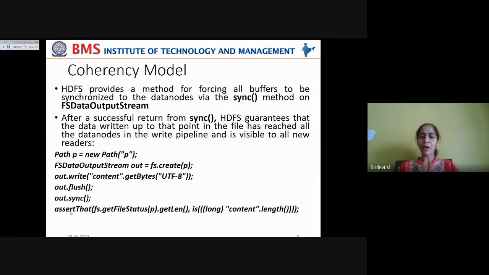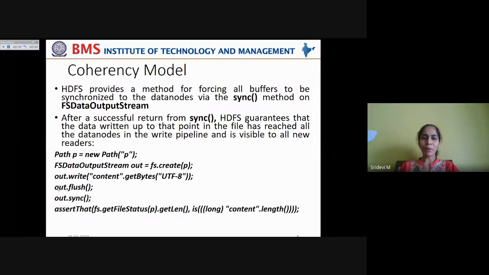With that, you can again use the assert method and check the file status. Now the length of the file will be equal to the content written. So this indicates that the content is written to the file. The file status returns the same number of bytes as how much data is written to the file.